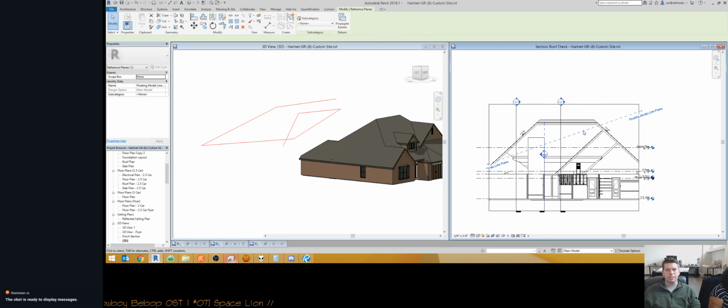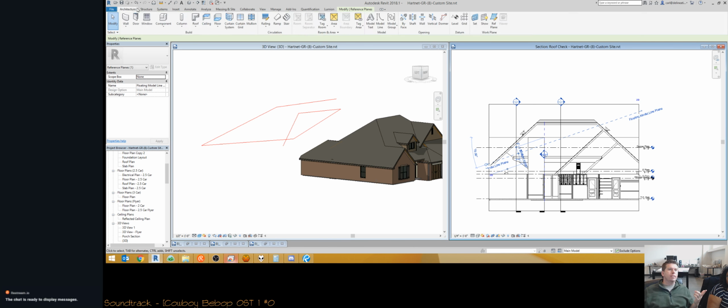Okay. And this is a cool thing to use when you're doing, well, you saw in Frampton when I had those beams angled like that. I think I actually hosted it to the bottom of the ceiling, but you can use a reference plane to do the same thing. So you create the reference plane and then you host the, what is it called, the beam system to that reference plane. And then you can kind of move it around. And a little pro tip here,